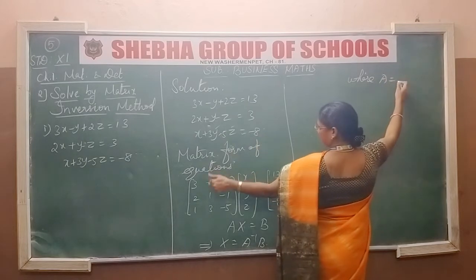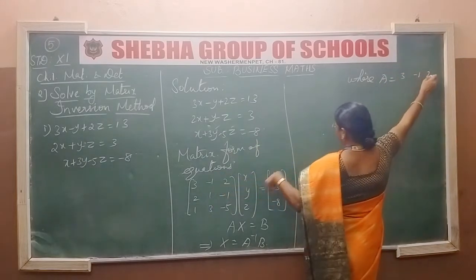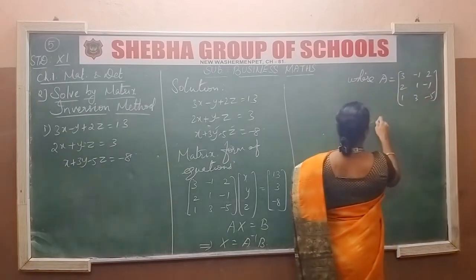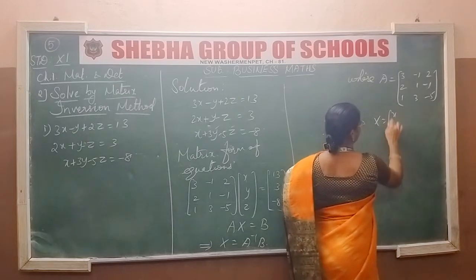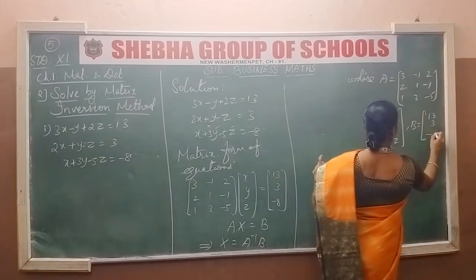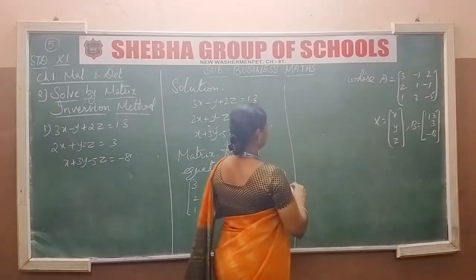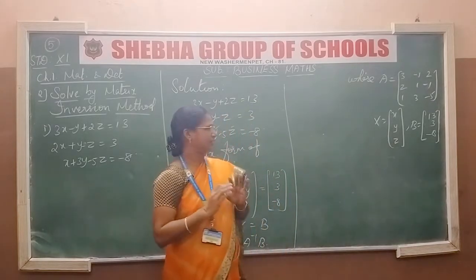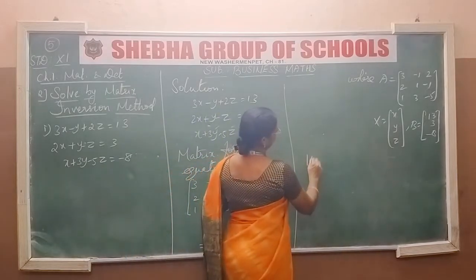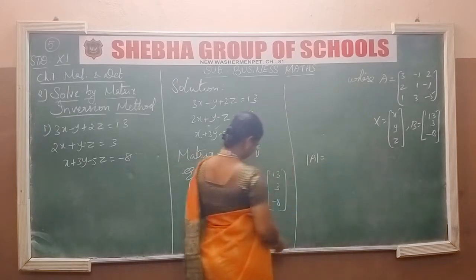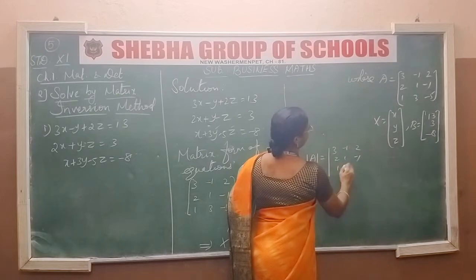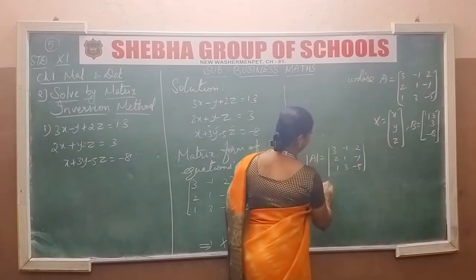A is the coefficient matrix 3 minus 1 2, 2 1 minus 1, 1 3 minus 5, and x is the variables, that is the unknowns, and b is 13, 3, minus 8. Okay, next you have to find determinant A. To find A inverse, we are going to find determinant A. So determinant of A equal to determinant 3 minus 1 2, 2 1 minus 1, 1 3 minus 5 equal to 3 into,